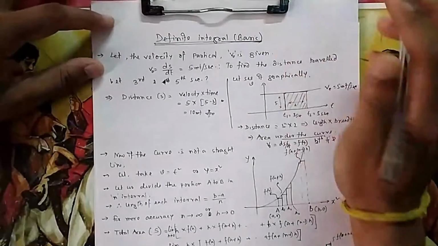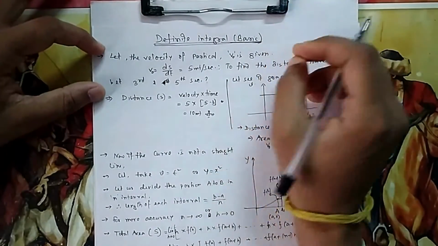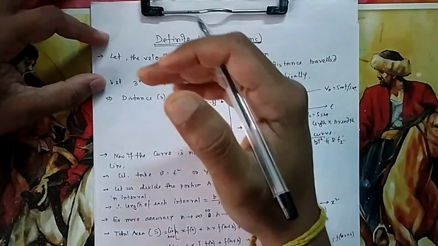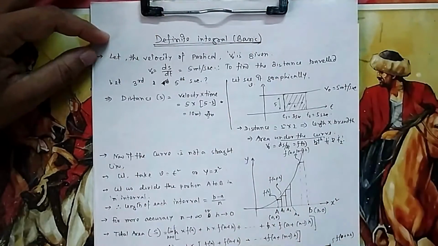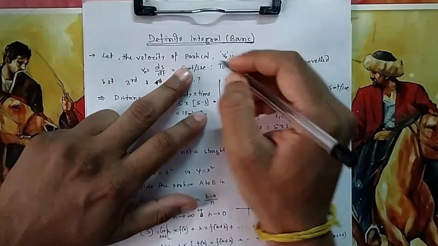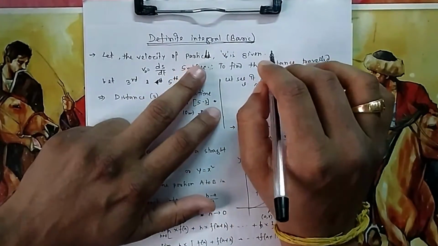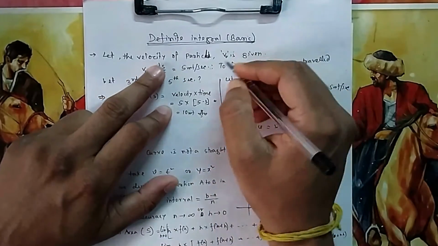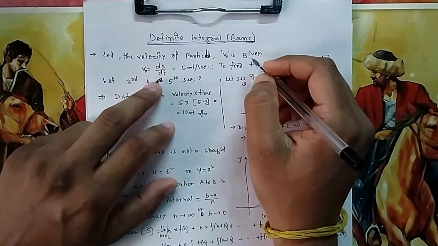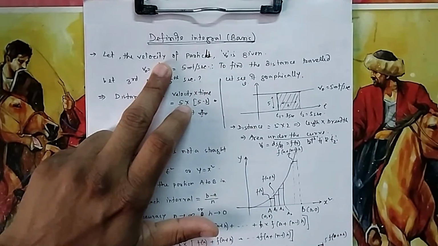So if we start definite integral basics, let's start with a simple example and see where we reach. Suppose we take the velocity of a particle. Start with a little physics. Suppose the velocity of the particle is given. Velocity is equal to 5 meter per second, that is, per second it is covering